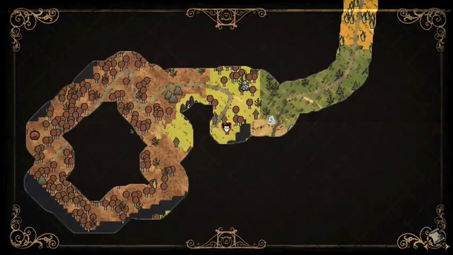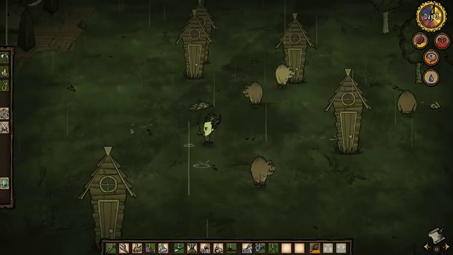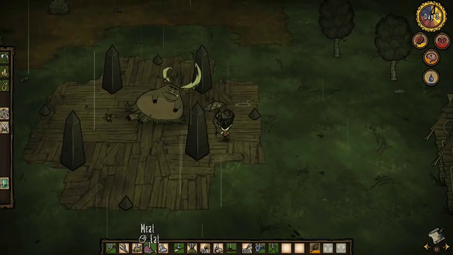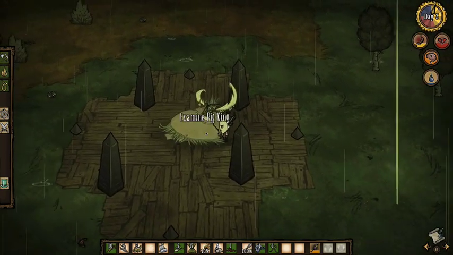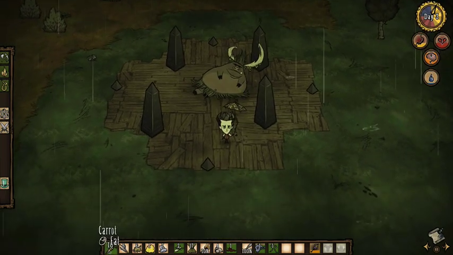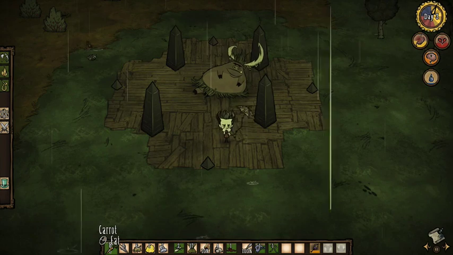This is a little village, I think, which is neat. Those guys. Oh, and there's the Pig King. And what the Pig King does, I'll just show you. If you hand him meat, he hands you some gold. And he gives